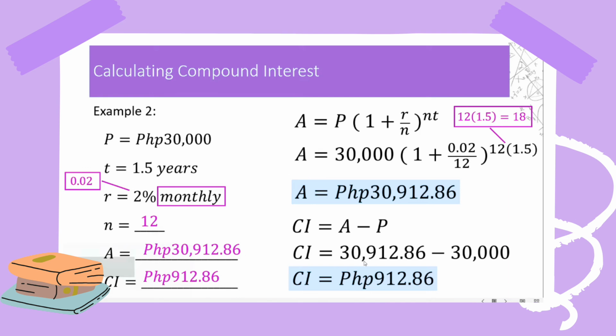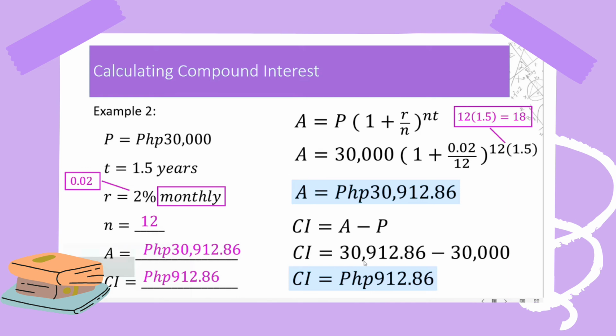0.0016667 raised to 18. Kinuha natin yung 18 kasi 12 times 1.5 equals 18. Meaning, may 18 compounding periods in total. And solving step by step, let's add inside the parentheses first. 1 plus 0.0016667 equals 1.0016667. Now, raise that to the power of 18,